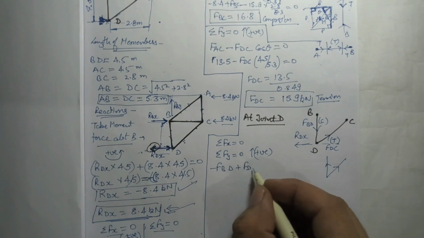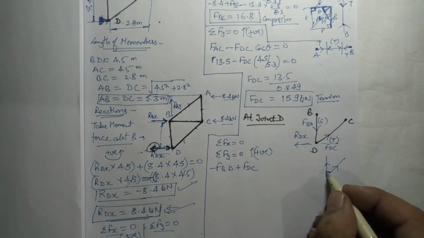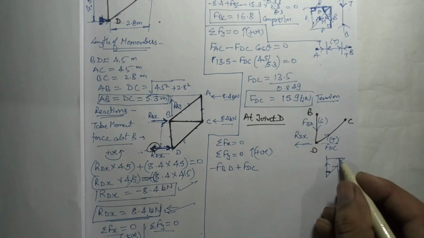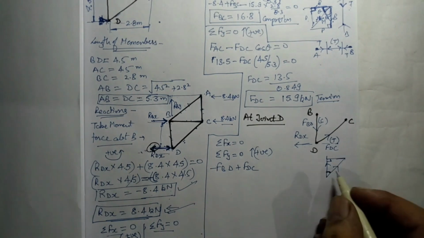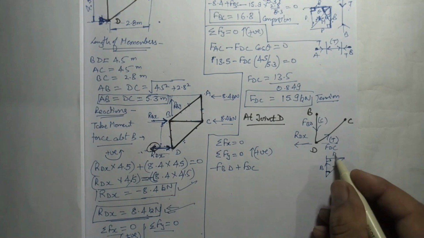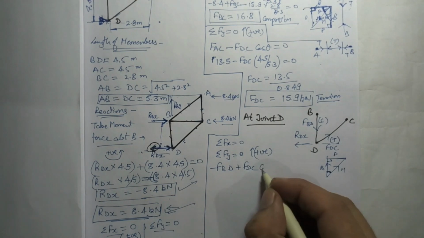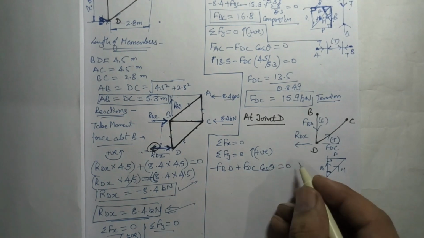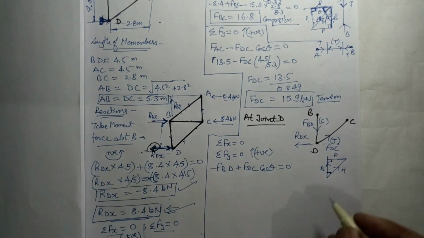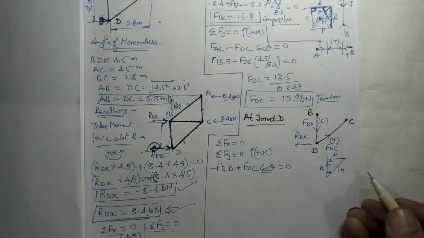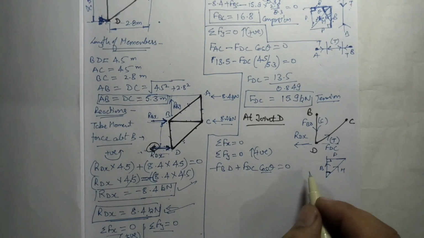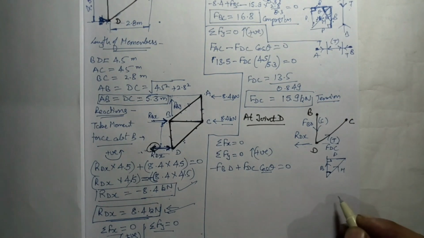Now what is that force? FDC. And this angle, if I have to take this angle, I can take this 90 degree, and this will be now base perpendicular hypotenuse, so I can say this is cos theta. Now I have made all the calculation by taking cos theta only. I have not taken the horizontal component of force cos theta, vertical component sin theta. Why am I taking like this?